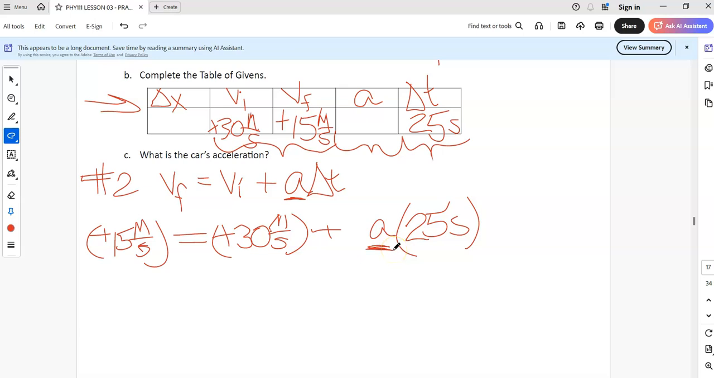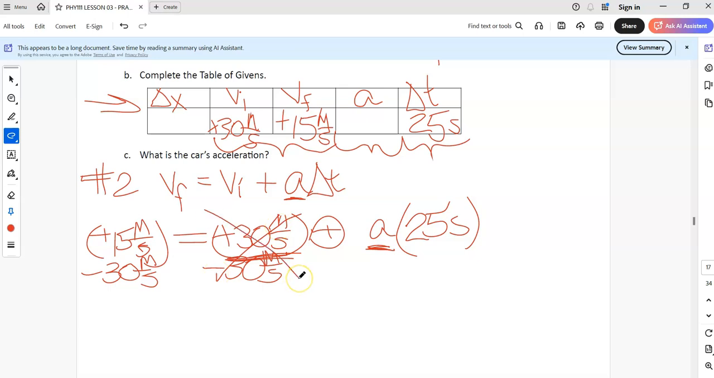Now, for those of you who struggle with algebra, the idea here is we're solving for a, so we want to move everything that is not a away from a to the other side of the equation. And we start by moving the things furthest from a over to the other side. Well, this is the thing that is furthest from a right now. We move that first. It's being added to a, so we need to subtract it from a, from both sides of the equation. So if we subtract 30 meters per second from both,